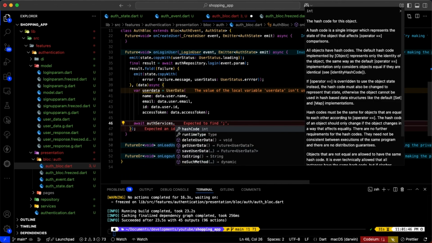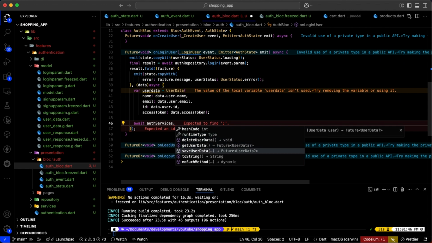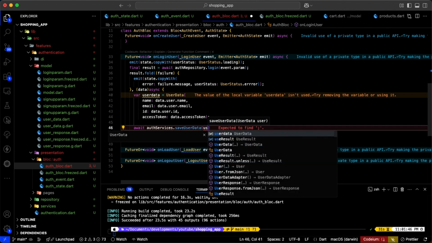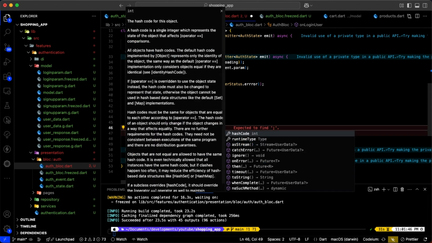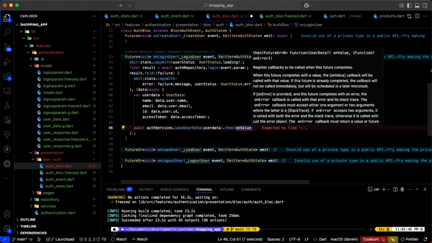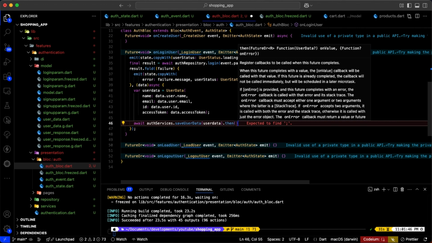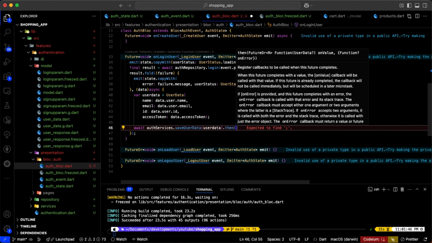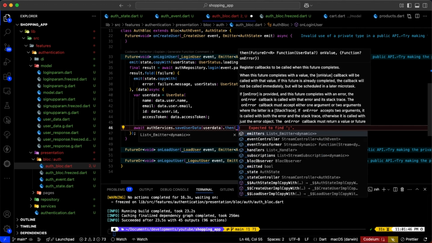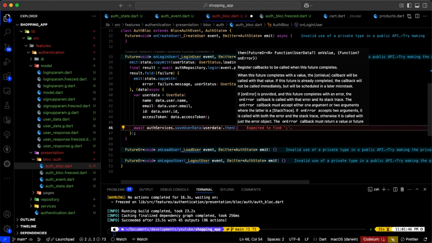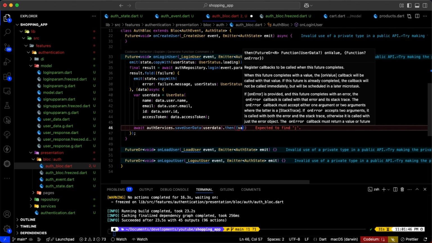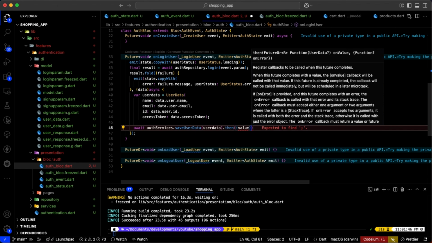Dot, we have the save user data. We give it the user data itself. Dot then, and then the value itself,